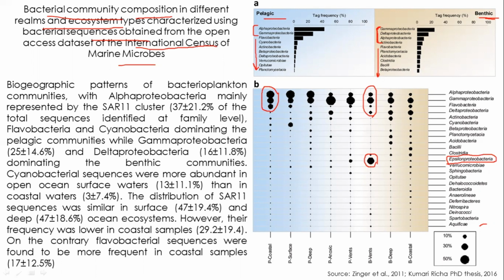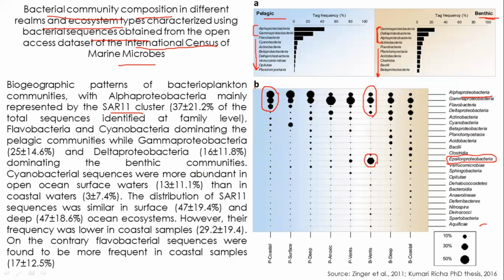And within alpha proteobacteria, you have a group of bacteria called SAR11, which I have been telling you about since yesterday. That was named because it was uncultured at the time the name was given. That is Sargasso Sea, that's why it is called SAR11. And now it is more than 20% of the total bacteria in the marine environment, right? So I have given what it means in this graph in this particular paragraph, but overall what you need to understand is that